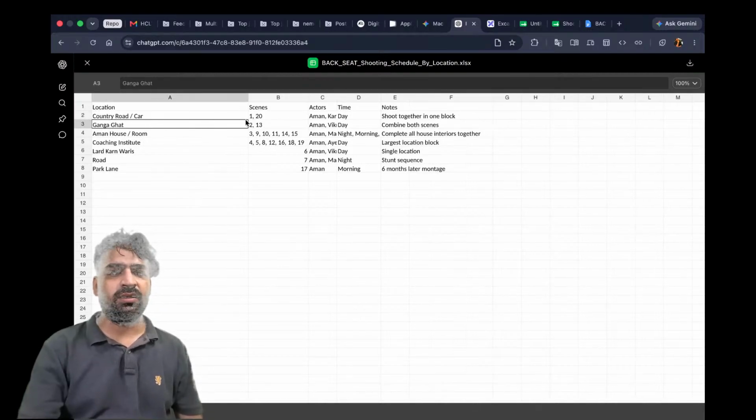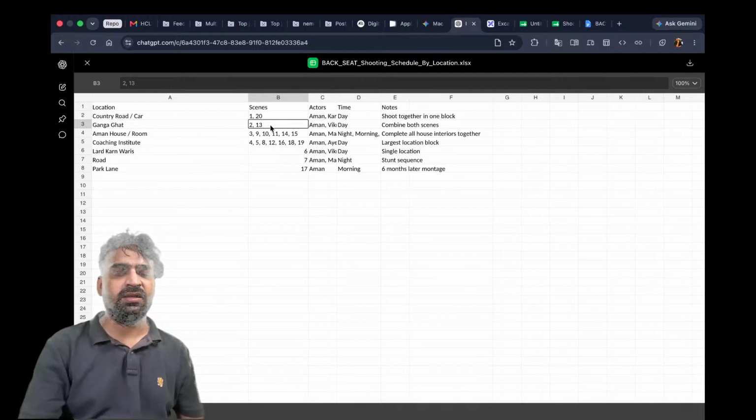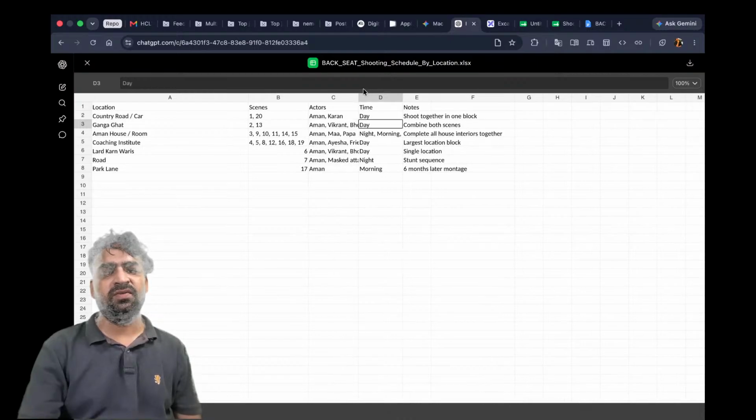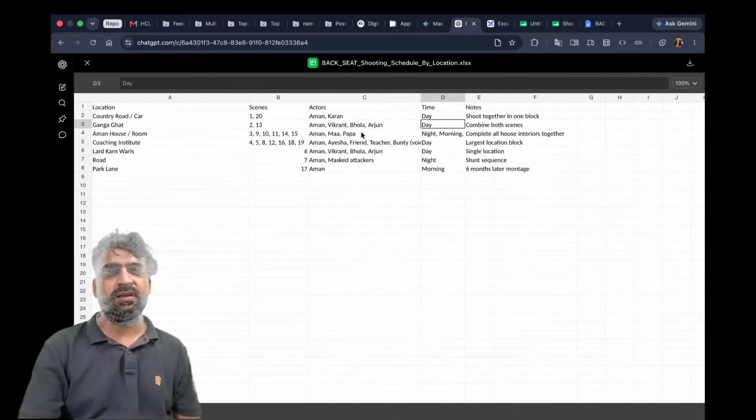Ganga Ghat is the second scene and the 13th scene. Aman, Vicky. The third scene is not with Vikrant, Bhola, Arjun. The 13th scene is just Arjun. So we're going to take the second scene, and in the third scene we're going to let Vikrant, Bhola and Arjun go. So yeah,